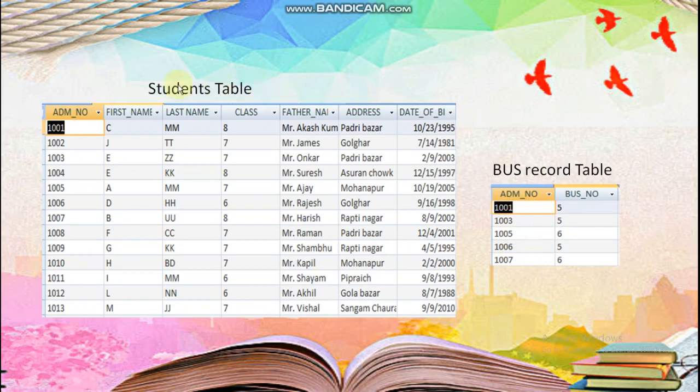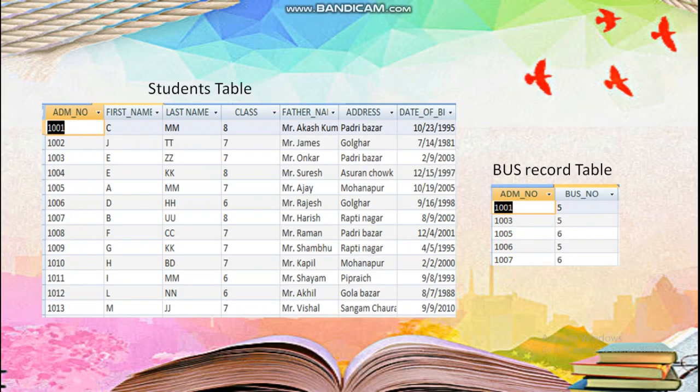So this common field, it must be a primary key field, is responsible for creating the relationship between the tables. The primary key in the related table, or you can say the child table, is known as foreign key, and the primary key in the main table is known as primary key. You can say in a simpler way that a primary key is referred to as foreign key in the related table.